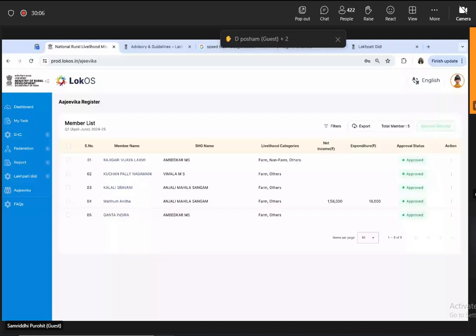There could also be a possibility where the entry that has been submitted would not suffice for BPM to take action. So there's also an option for such entries where approval status is pending. Here the status is only approved, but for such entries where status is pending, under the action button you can reject the profile as well. For rejection, you need to mention some remarks to the CRP so that they would be able to see it in their application and can correspondingly take some action and then resubmit the entry to the block program manager.